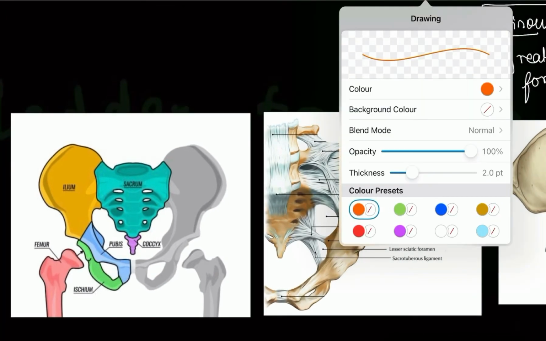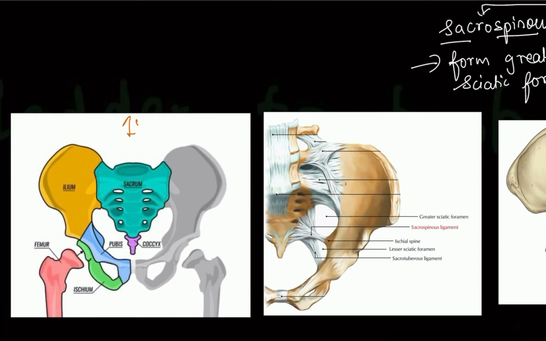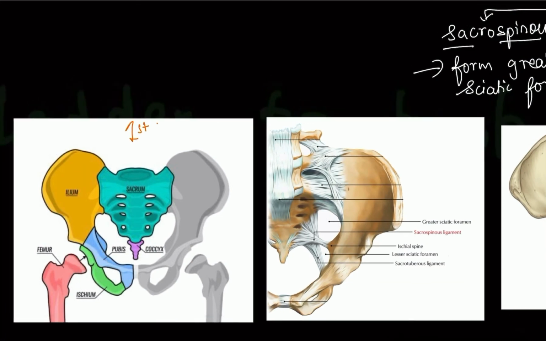So in this left hand side picture, the first picture, you can see ilium bone. This is ischium. The green color bone is the ischium and blue color bone is the pubis. Ilium, I said to you that the superior margin is thickened. This superior margin which is thickened is called the iliac crest. So if you measure this distance from left iliac crest to the right iliac crest, this will be called intercrest distance. Now let's look at anterior superior iliac spine.